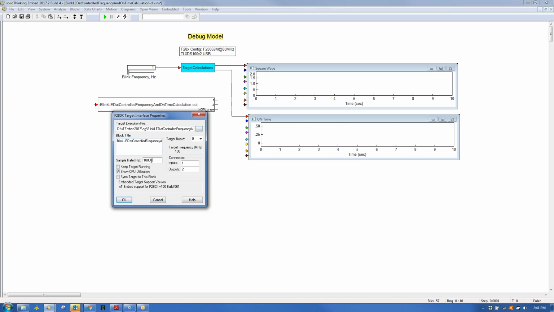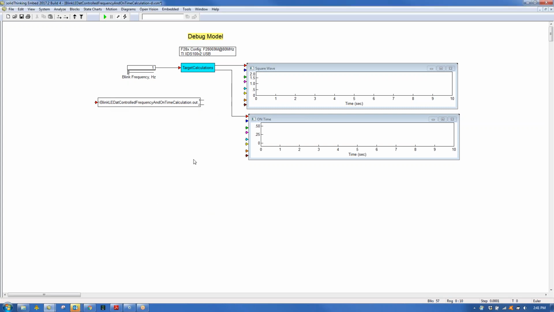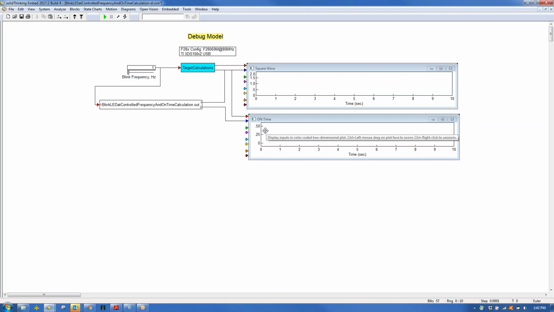So, things to notice here. It generated the out file at 10 kilohertz to run at 10 kilohertz. It's got one input and two outputs. And other than that, it's identical to this target calculation. So if I apply my input signal to it and I, in parallel, plot the square wave signal and the on time, what I'm going to have now on these plots is in red the model, and in blue the data from the target. So I can run this,